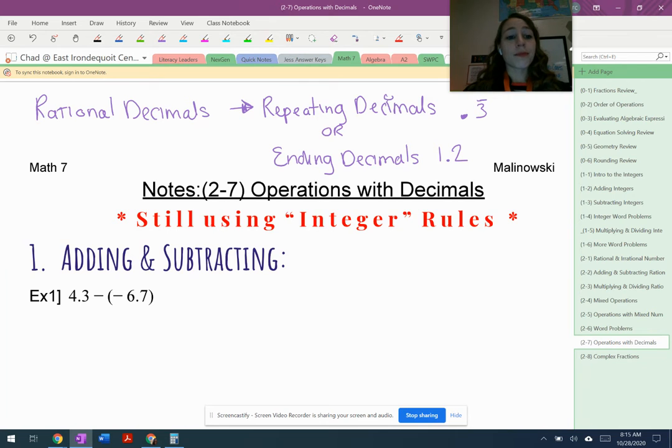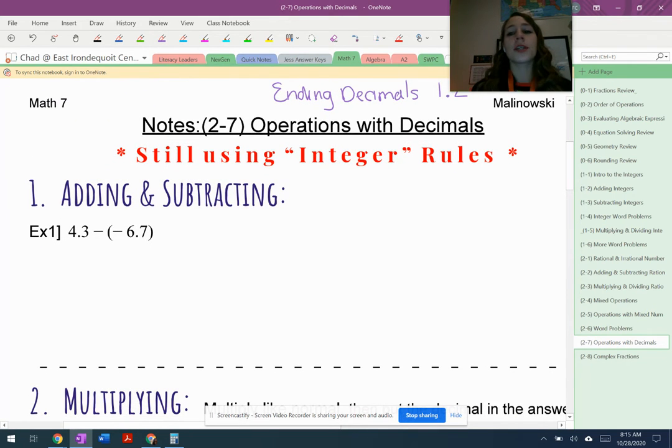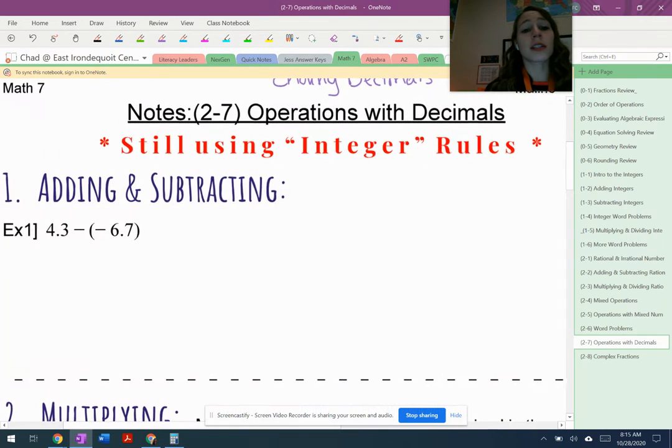Okay. So when you're looking at these decimals, you're still using those integer rules. You're still adding the opposite. You're still getting a negative when you multiply a negative times a positive or a positive times a negative. Those things are all still real life here. So when you're adding and subtracting decimals,